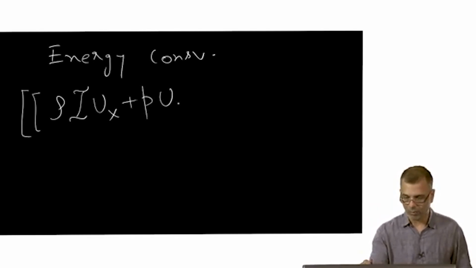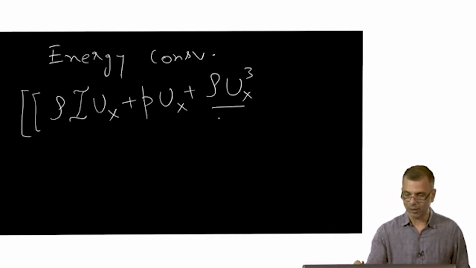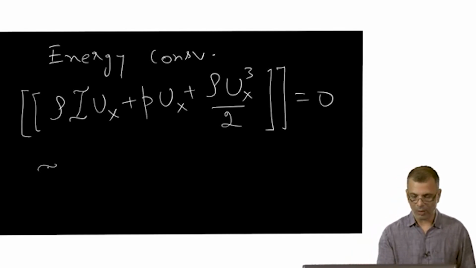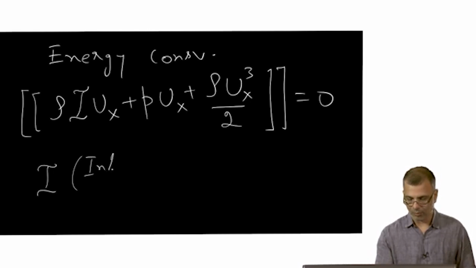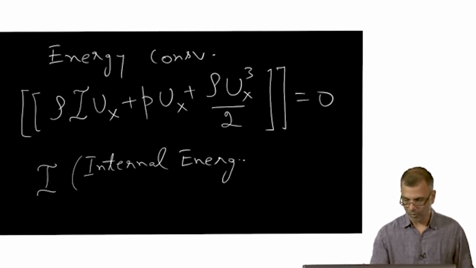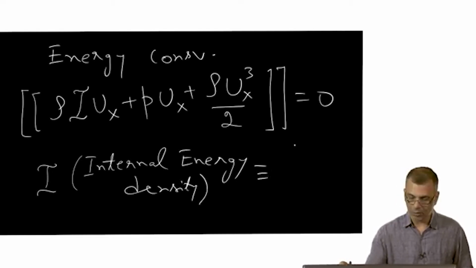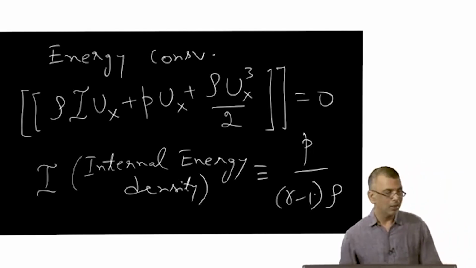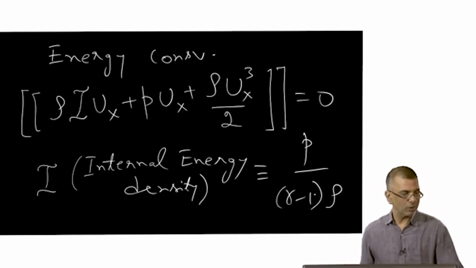Plus, it just looks different, it's really the same thing, where I is what's called the internal energy density, and is equal to P over gamma minus 1 rho. That's the definition. Okay. So now what we've done so far is simply write down the mass, momentum, and